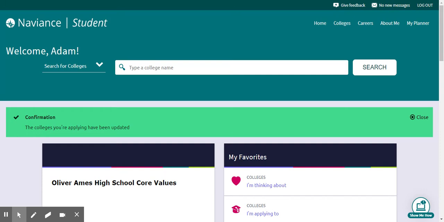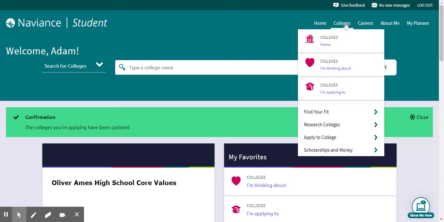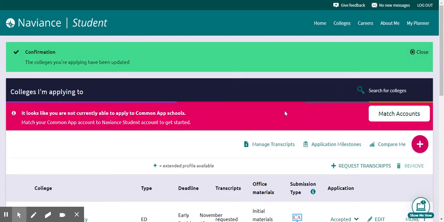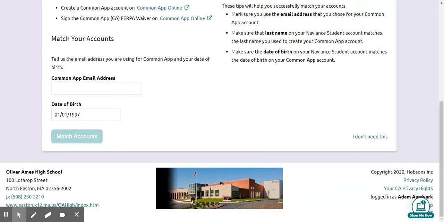And the way that they do that is they go under colleges I'm applying to. You can either click on it through my favorites right here or go up here and select colleges and go to colleges I'm applying to right there. There is a pink bar that goes across the top where they will click Match Accounts, and then they will type in their Common App email address, the one that they use to open up the Common App account,